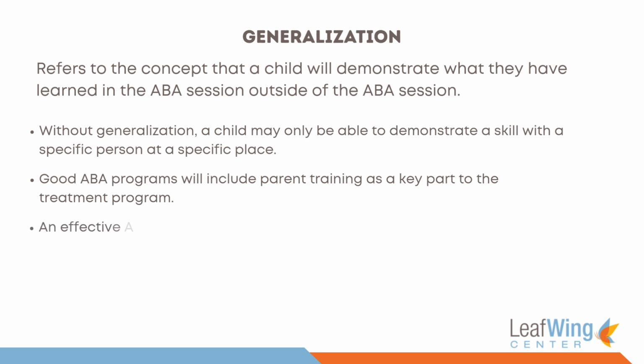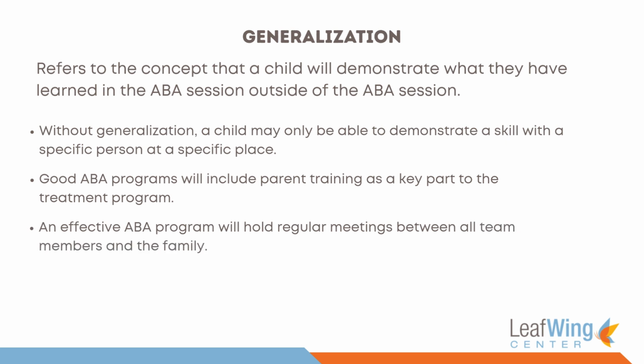Finally, an effective ABA program will hold regular meetings between all team members and the family to update a child's learning program, behavior targets, and main goals, and will continually and consistently collaborate with other professionals working with a child in other domains. This may include a child's school teacher, speech therapist, medical doctor, psychiatrist, or anyone who has a say in helping a child. It is important that all members of a child's team collaborate so that they are working together rather than unknowingly working in opposition to one another.